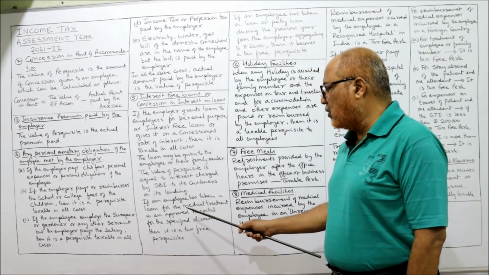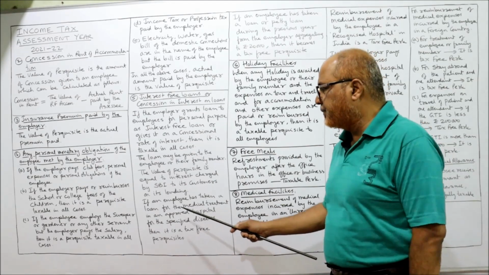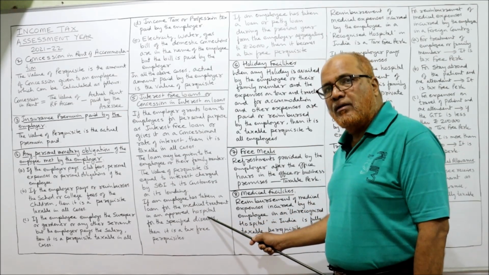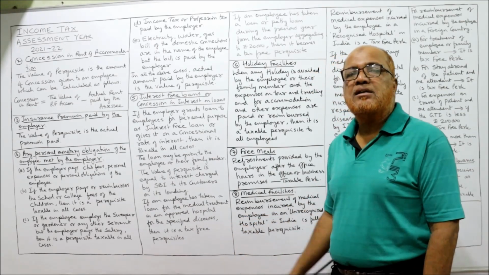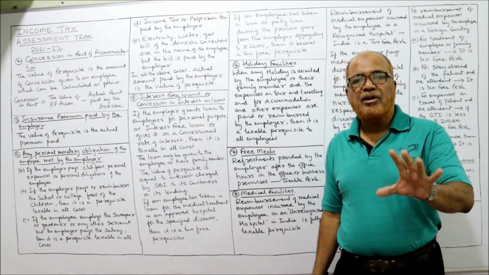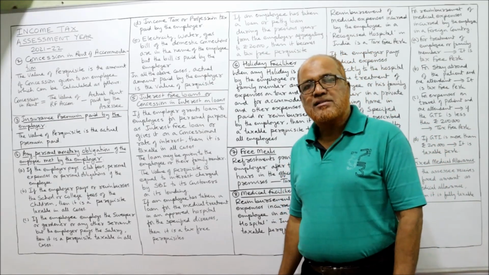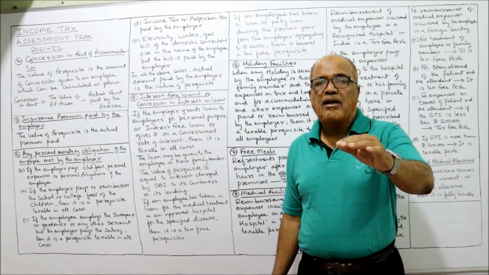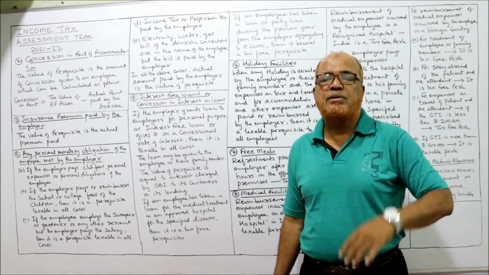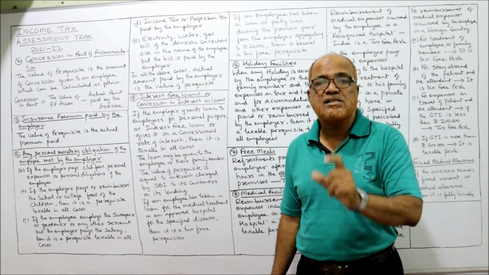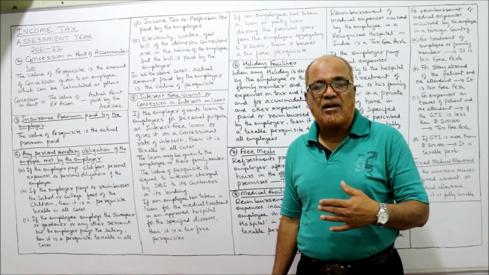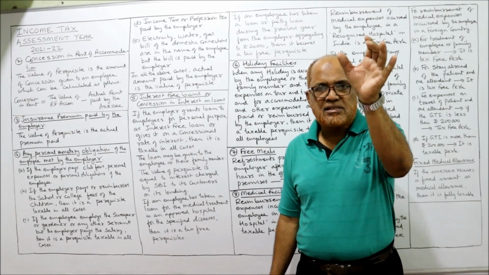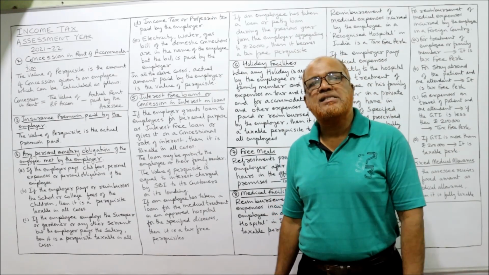If an employee has taken a loan for medical treatment, now remember this point. If the employee has taken a loan for medical treatment in an approved hospital for the specified diseases, then it's a tax-free perquisite. Income Tax Act says if an employee has taken a loan for medical treatment, and the medical treatment is being done in an approved hospital for specified diseases. The specified diseases are like cancer, AIDS, etc. A severe diseases list is given by the Income Tax Act.